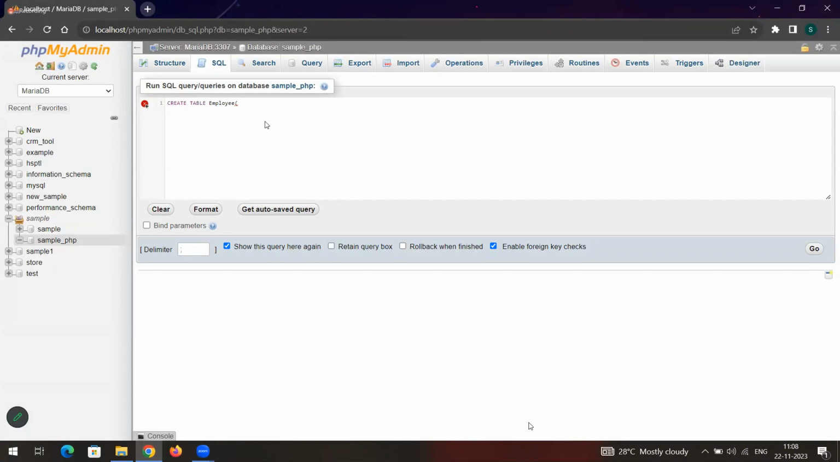What do you mean by primary key in RDBMS? What do you mean by primary key? We have a concept called primary key. That means